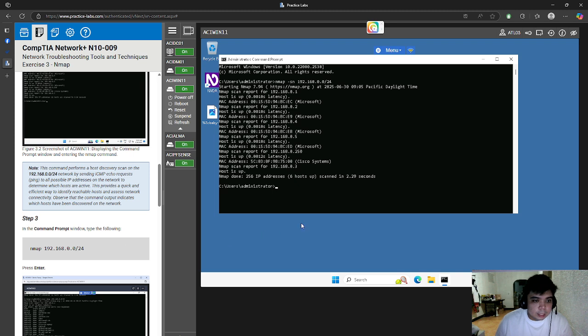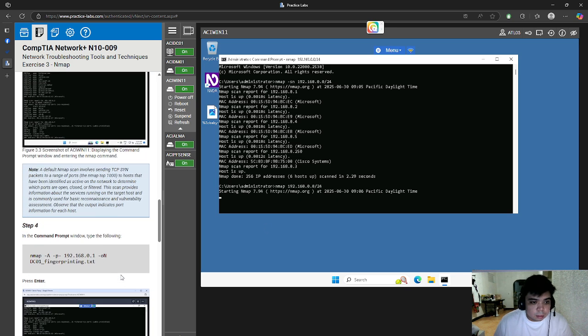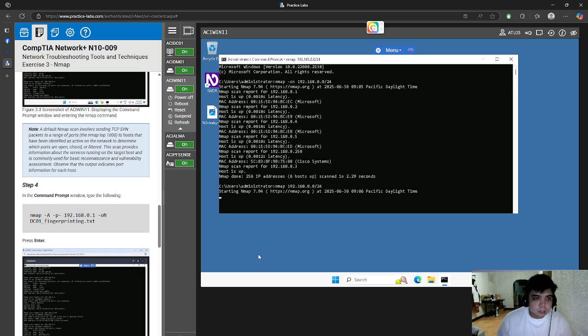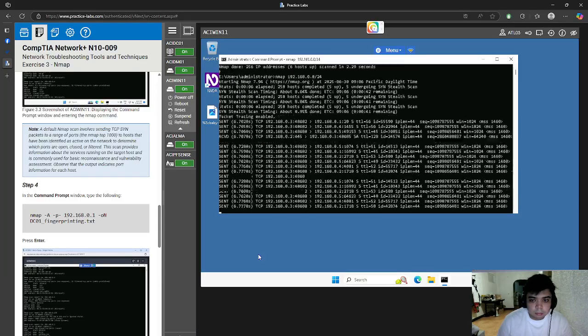Okay. And then, in the command prompt ulit, type natin nmap space 192.168.0.0/24. Okay. Then, sunod, type natin nmap